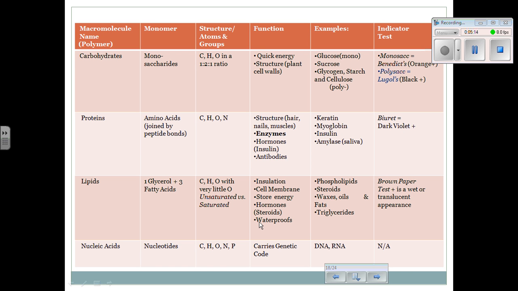This is a very short section. If you have any questions about the particular macromolecule organic